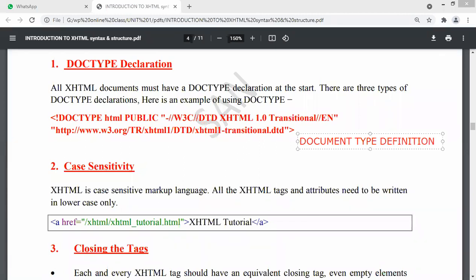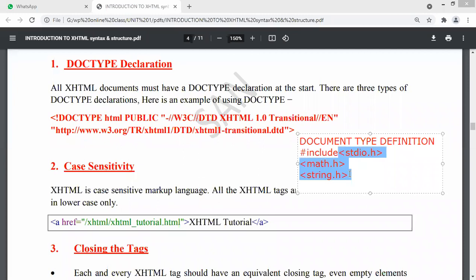Document type definition. As in a C program, we have hash include stdio.h. Similarly, we have math.h, and we have string.h.